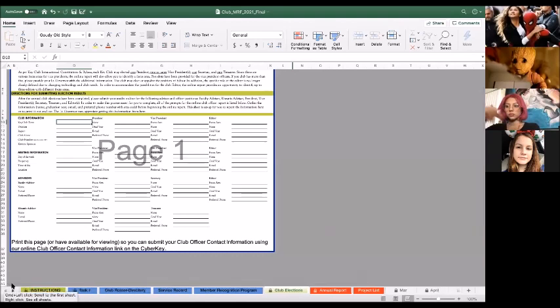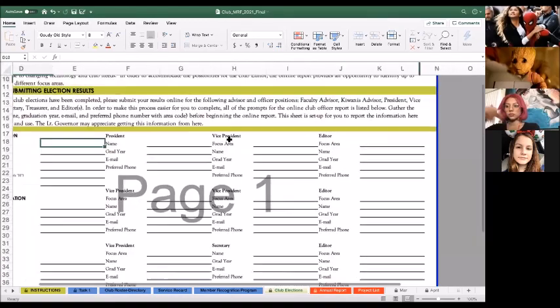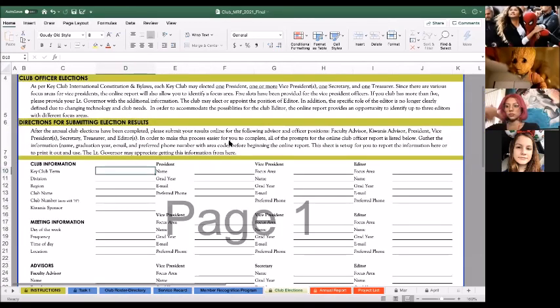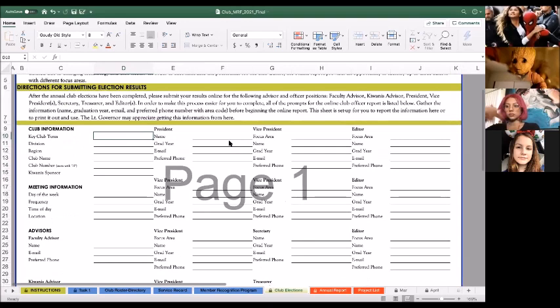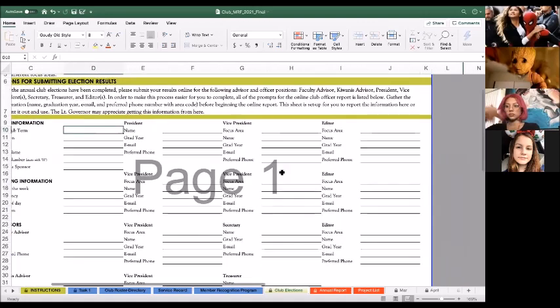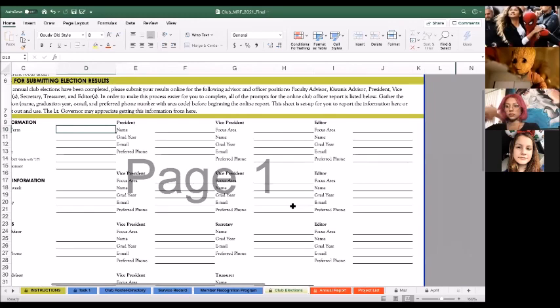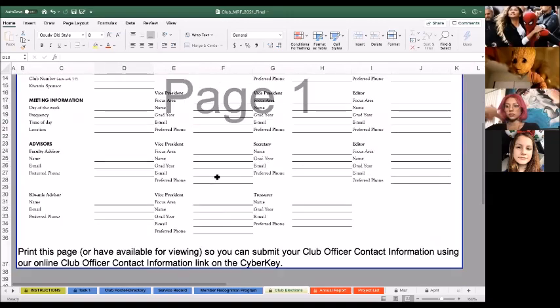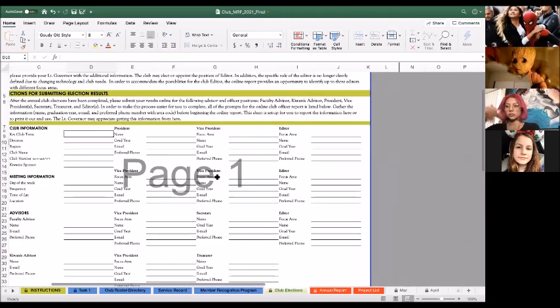Do you want to do this one, Melanie? Club elections. This is pretty standard. You just fill it out whenever your election season is. It's usually January or February, towards the end of the term. You fill in all of this information for each elected officer so that the next LTG for the next term has all this information later on to contact them. It just makes it a lot easier if you do this with the most updated information. So that's basically it for the club elections tab.